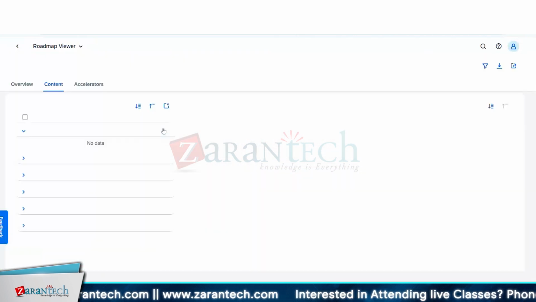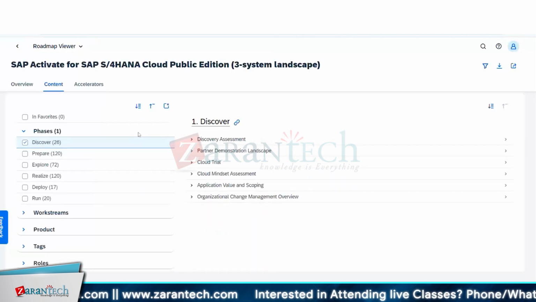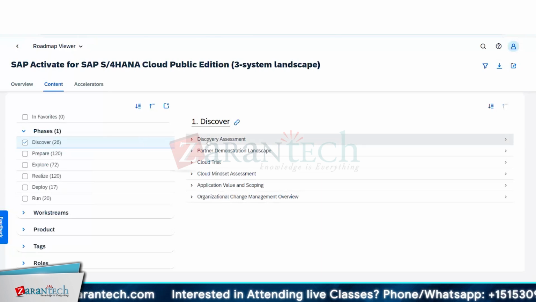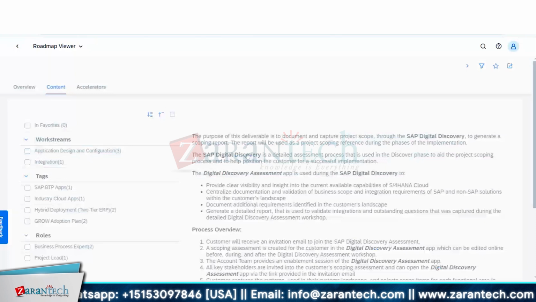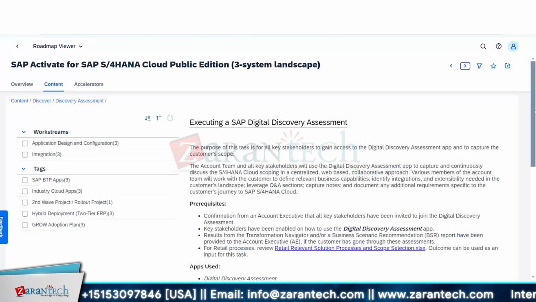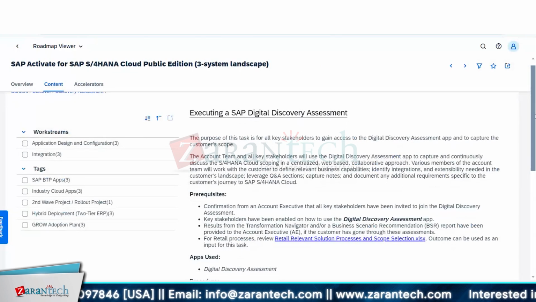So the first step in the Activate methodology is Discover. So as I told you earlier, in the Discover phase, what will be happening? There will be a digital discovery assessment by the sponsors, the executive sponsors. So this is the discovery assessment process where they will be executing the SAP digital discovery assessment, and the purpose